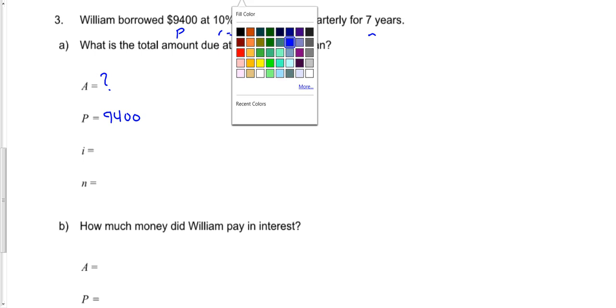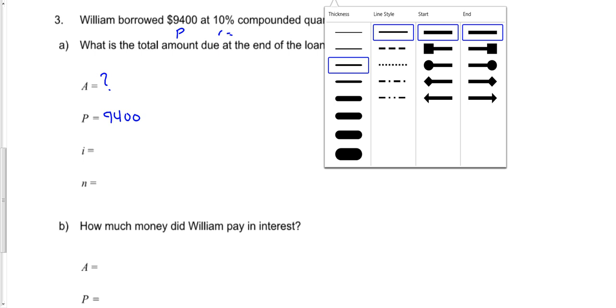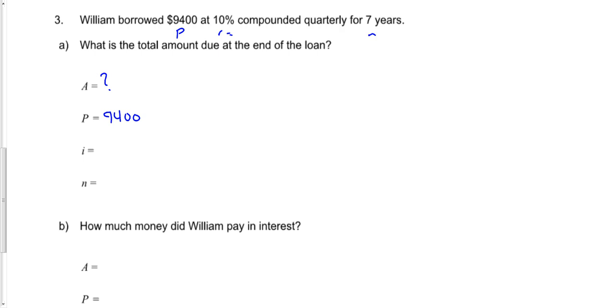R, and let me just quickly erase this piece. We know that R is going to be 0.1. So I'm going to take 0.1 because I divided 10% by 100 to convert it into a decimal. And quarterly means 4 times. So I'm going to divide that by 4, and this is going to give me my R value. And so 0.1 divided by 4 is going to give me